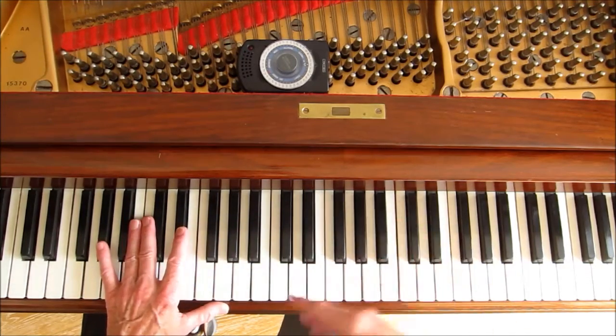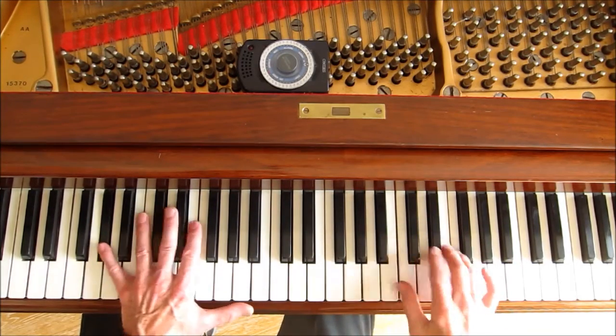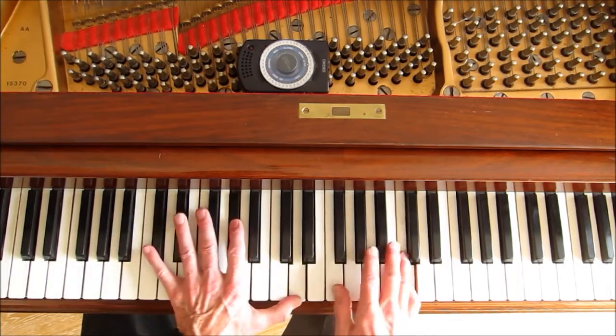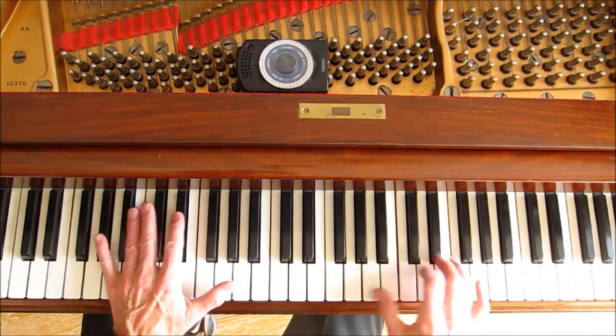Everything has to be very loose up here. You can't be too tight in the wrist. You want to be all very loose. So this all flows, and the metronome will help to keep you steady. So like if I'm soloing like this,